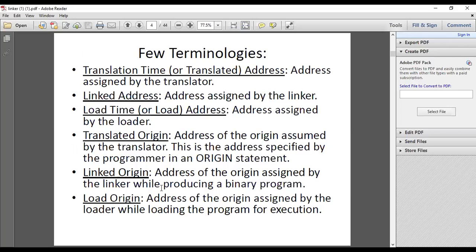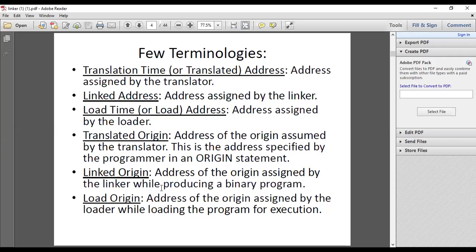Some terminologies that we have seen: translation time addresses, linked addresses, load time addresses. In simple words, the translation time address is the address provided by the translator. Similarly, linked addresses are provided by the linker, and load time addresses are the addresses provided by the loader. Translated origin is the origin mentioned by the translator.